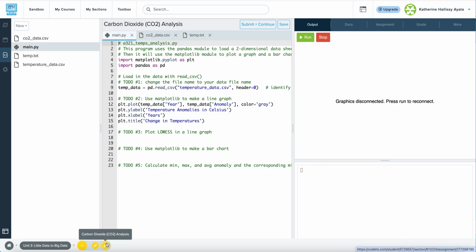Notice, by the way, that I'm using the carbon dioxide CO2 analysis activity in CodeHS. So this file looks a lot like the temperature analysis file, but it's different. It's actually the same starter code, but we're going to do this in a different project. So we can kind of use this as a template. We were working with temperature data. Let's make this